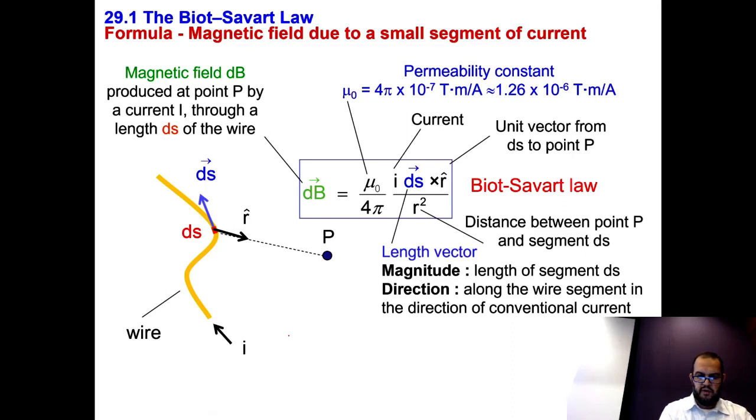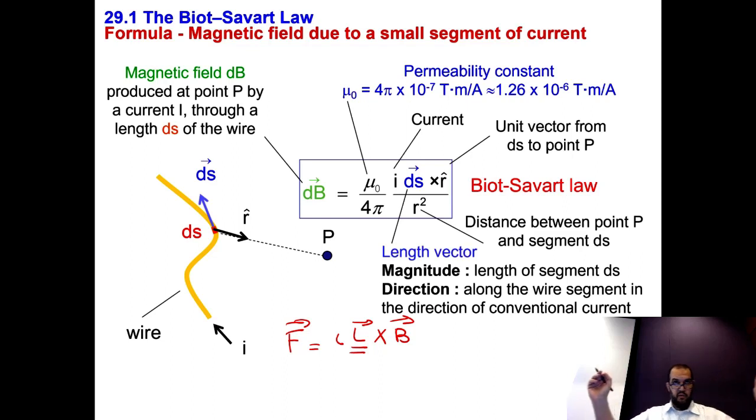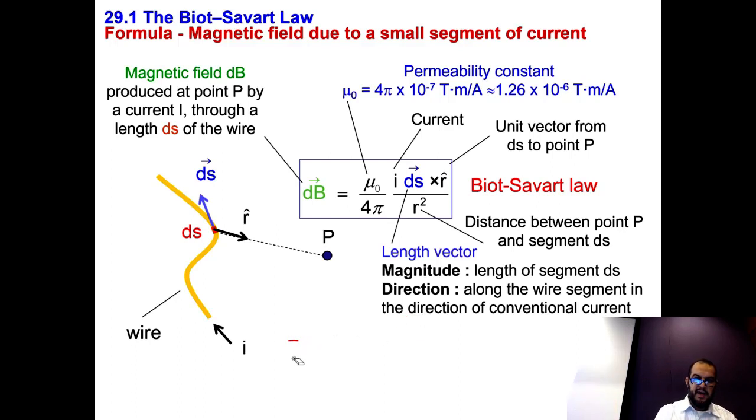Remember, we did the force on a current-carrying wire. We said F is IL crossed with B. So if a wire conducting current is in a magnetic field, it will experience a force given by this. Here we define the length vector L, which has the length of the wire and the direction of the current. So this is the same thing as ds, except now